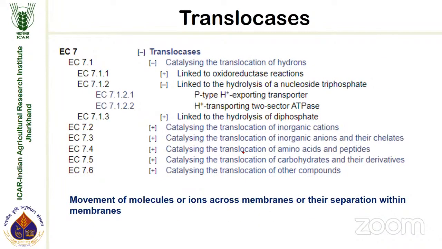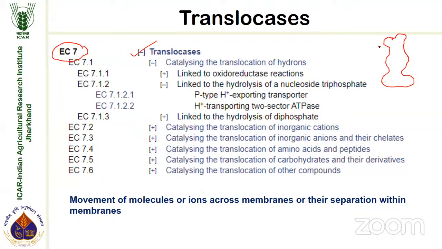Another class, which is not in most textbooks, as it has not yet got space there, is the seventh class of enzymes, E7, enzyme commission 7, which has been given to translocases. Translocases means anything which can translocate. Any protein which is involved in translocation of